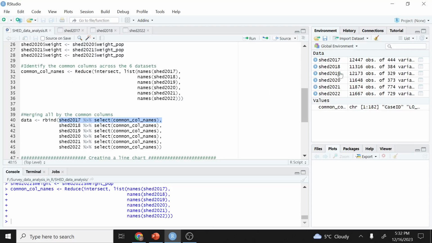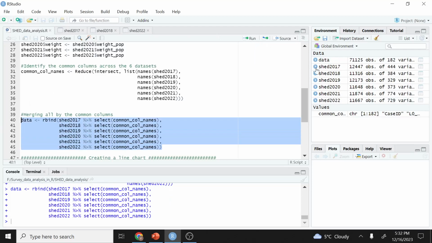So for example in 2017 we had 444 variables. Out of them this is going to select 182 columns which were part of this common col names list. And next we are going to repeat that for the other shade data sets, and we just select all this, click run. This should create the combined data set which has 182 variables,